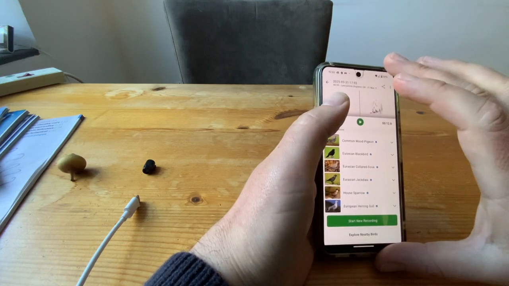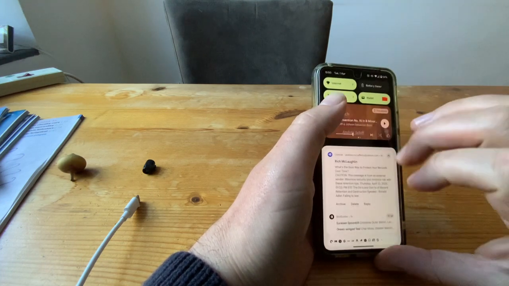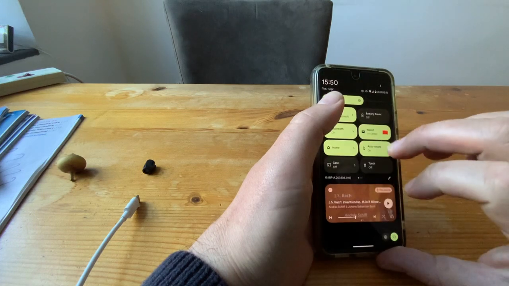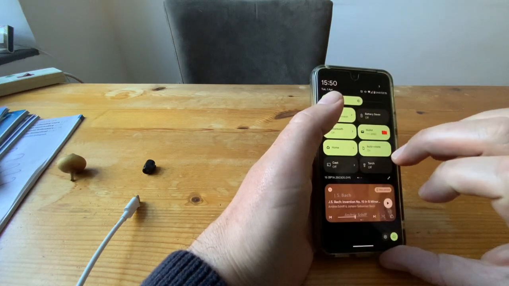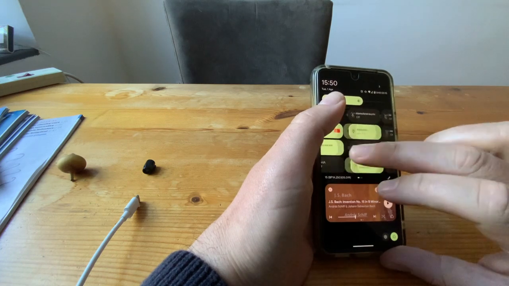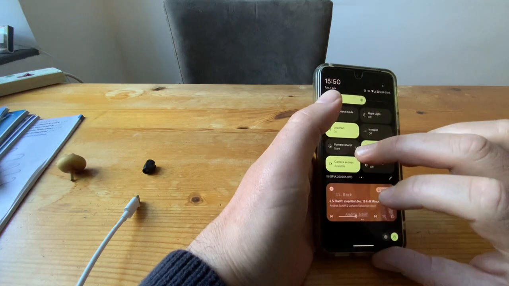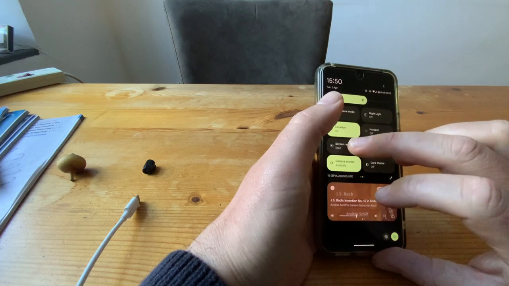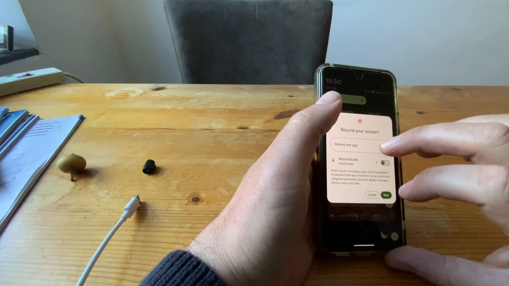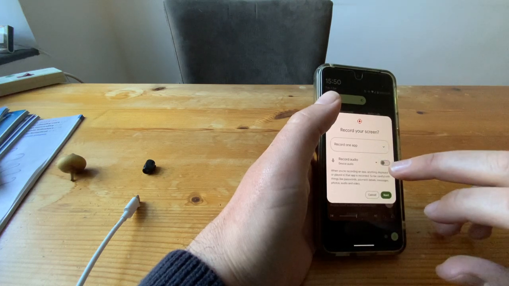And then on my phone, this is an Android, Google Pixel, I pull the navigation bar down and then pull it again. And then I scroll backwards and forwards until I find a thing called screen record. You might have to fiddle around to get that on your phone, or you may find it in settings in general. So I go screen record, and then with my phone,